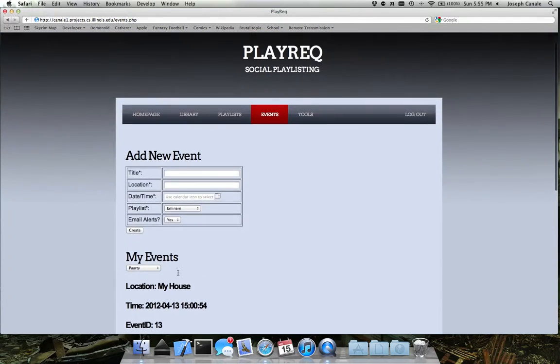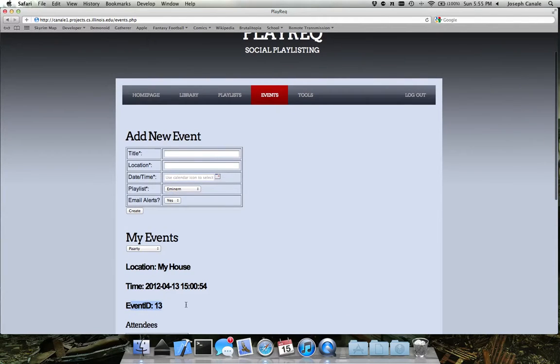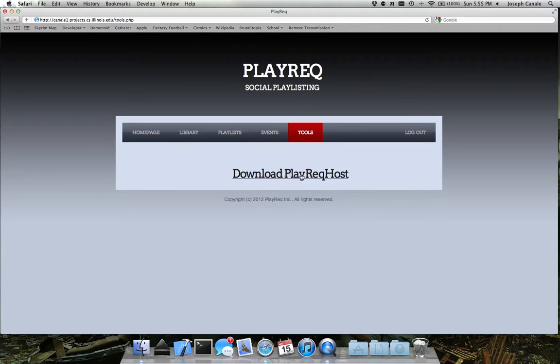Now the last thing I'm going to show you here is something to do with the event ID. The reason why we have the event ID is for this tool, and I'm not going to start it up, but basically it's an application we developed for the Macintosh, and what you do is when it starts up, it asks you for your event ID, and it's a hosting utility. So the host starts up the application, enters in the event ID for the event he's hosting, and then starts iTunes up, and then everything starts playing his playlist that he's created for that event,